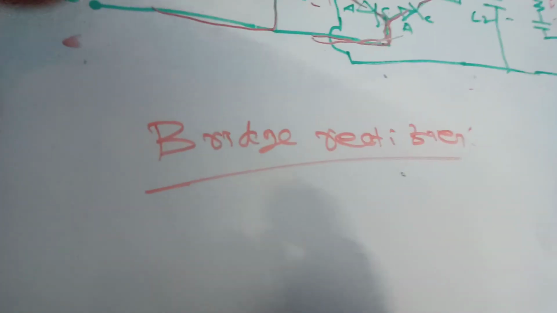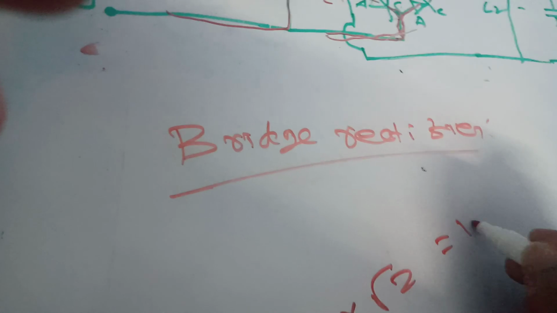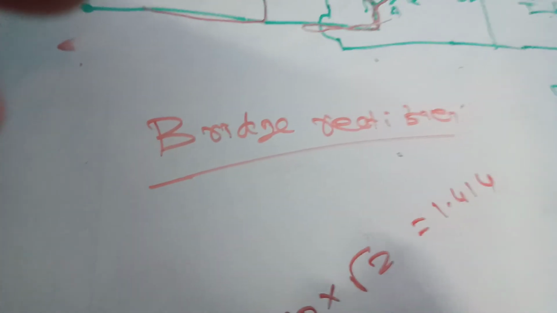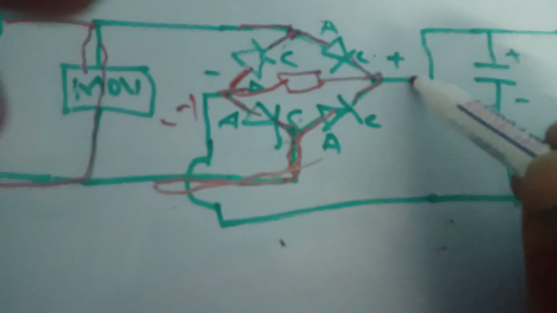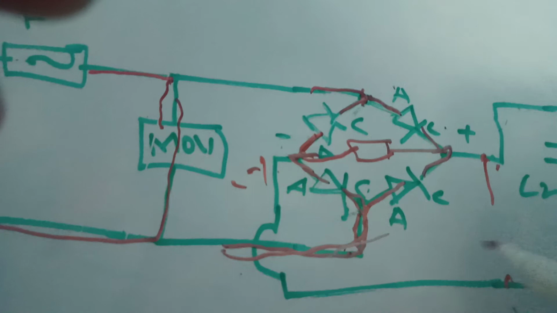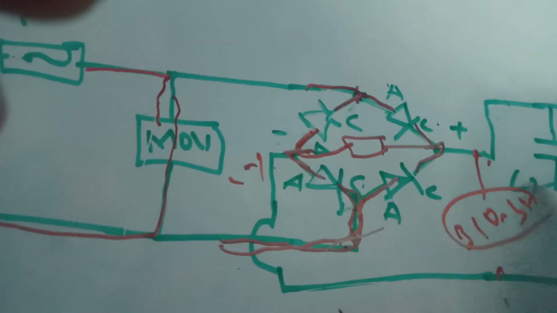For the bridge rectifier, if my input voltage is 230 V, multiply by root 2. Root 2 value is 1.414. If you calculate, 310 volts will come after the bridge rectifier. Wherever you probe with a scope here, that voltage, 310 volt pulsating voltage, will come. Understood? And next, coming to my